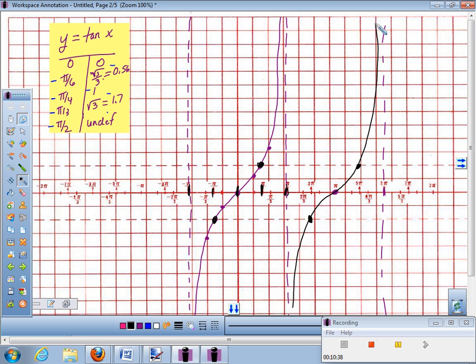Alright. The other key thing you have to know about tangent and cotangent, just like with sine and cosine, you have to know where it starts. In this case, tangent, the key point you have to know on tangent, guys,